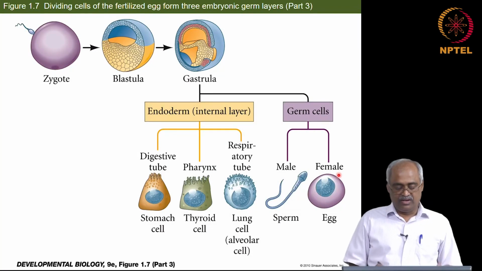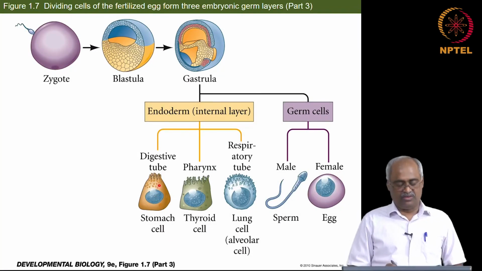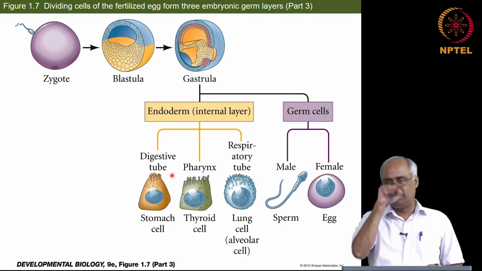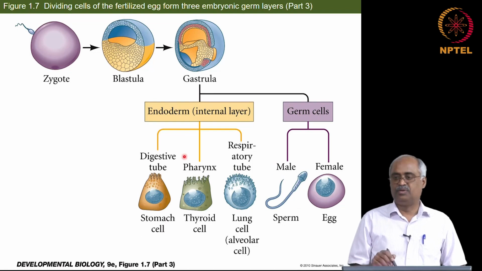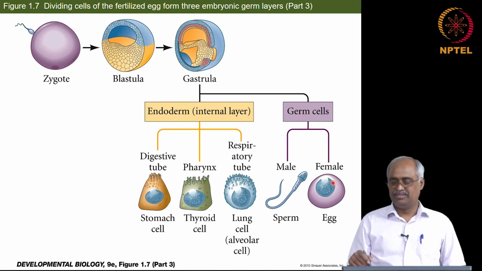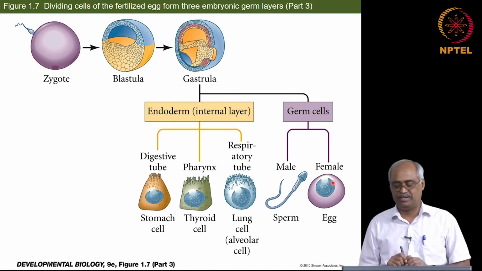So this is the endoderm. You have the digestive tube, the intestinal mucosal layer, the inside, the cells that have the microvilli, they come from endoderm. Similarly, the glandular cells in the thyroid, and then alveolar cells in the lungs come from this. And our special cells do not come from any of the three, they come even before that, and they are the germ cells that are going to make the egg and sperm.